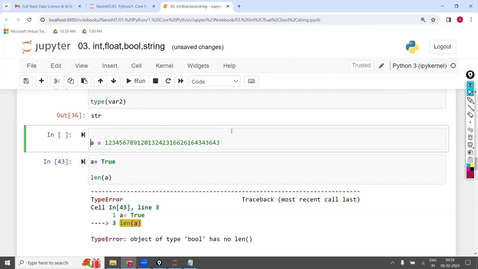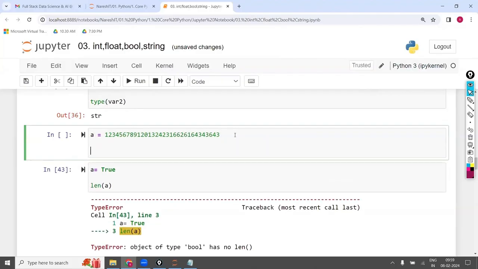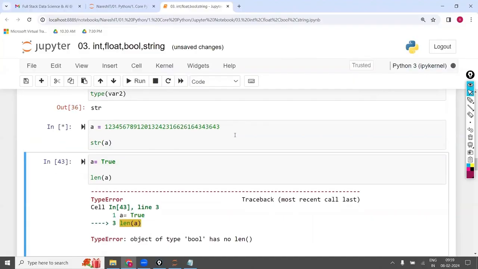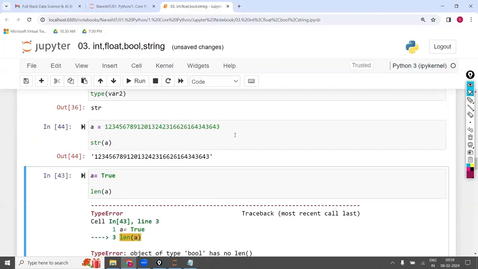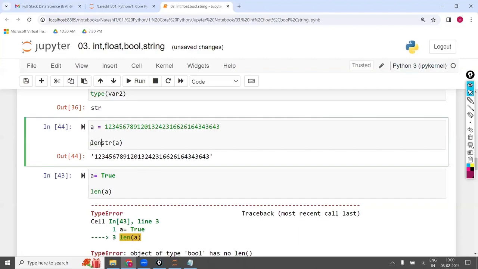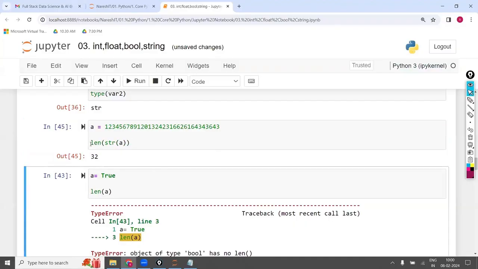Converting from one data type to another data type is called typecasting. You convert it to str of A. First, it will be converted to a string. Now for a string, you can apply the len function, and you get the output, the total number of characters. Directly we can't apply it on the int, so first we convert to string, and later we apply the same thing. Is the point clear?